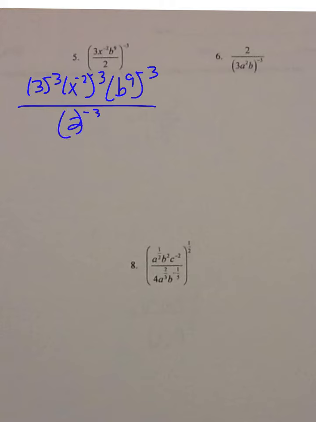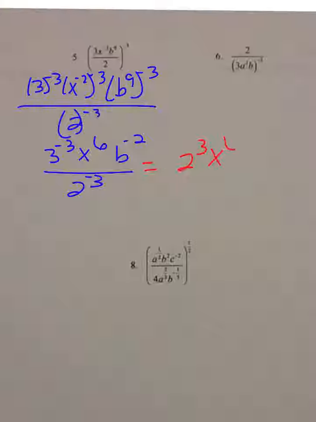All right, so I have 3 to the negative 3, x to the 6, b to the negative 27 over 2 to the negative 3. So the negative that's in the denominator goes to the numerator, and the negatives that are in the numerator go into the denominator. So it's 2 to the 3rd, x to the 6, over 3 to the 3rd, b to the 2nd. 2 to the 3rd is 8, so I have 8x to the 6, over 27b